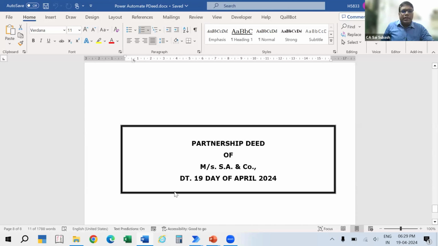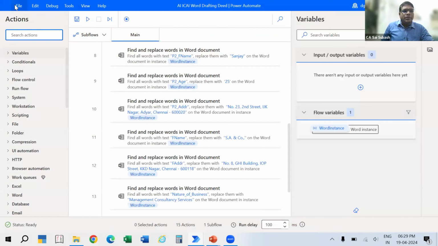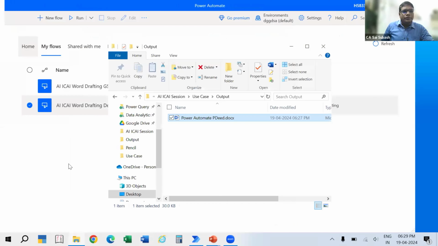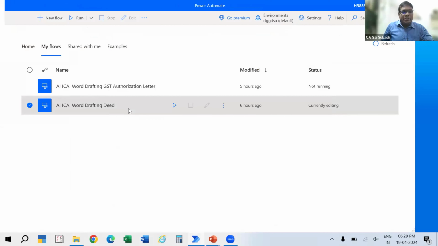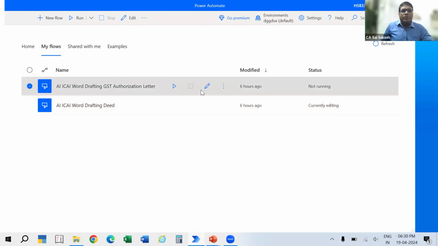Let us move on to another example which I have prepared. The first one is drafting the partnership deed and the second one is drafting the authorization letter. When a partnership firm is formed, first we take the partnership deed and get the signature, and then apply for PAN. The next job is to apply for the GST registration. For that, I have taken the link from the partnership deed comments and given the link to this GST authorization